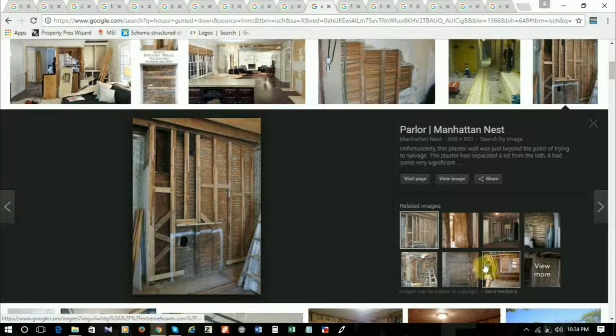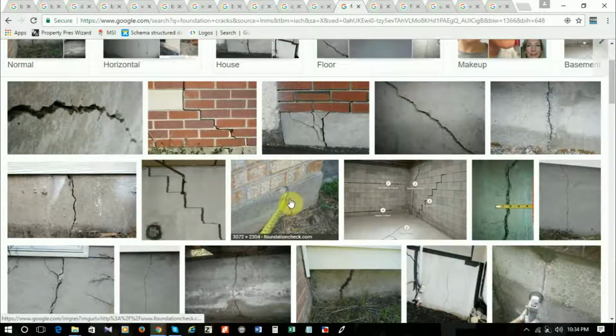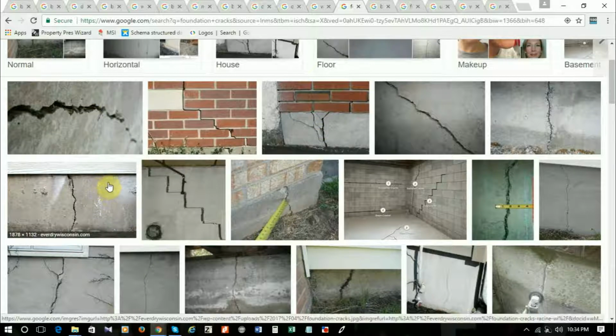Structural damage. If the foundation of a property is damaged, or the walls are cracked, it is called structural damage. If the damage is minor, such as shallow cracks, so these are pictures of foundation damages, and as you can see, cracks, cracks everywhere. So if the damage is minor, such as shallow cracks on the wall and foundation, it can be repaired using sealant or caulking. If, however, the damage is extensive,